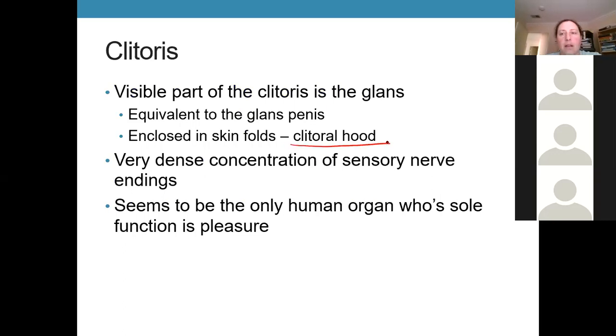It's called the clitoral hood. The clitoris has a ton of sensory nerve endings. I believe it's technically the same amount as a glans penis, but in a much smaller space. So it's much higher concentration. And as far as we can tell, the clitoris is the only human organ whose sole function is pleasure, which